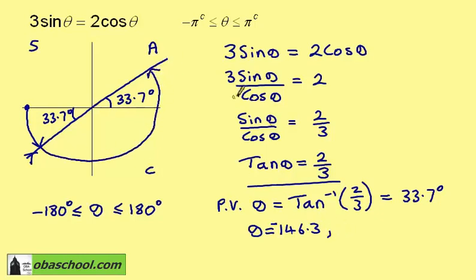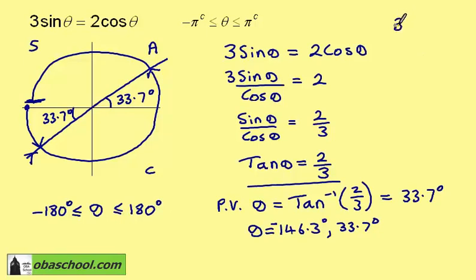We keep going, and our next solution is at 33.7 degrees. We don't meet any more solutions before 180. So we have 2 solutions to this problem, and we need to convert these answers that are in degrees into